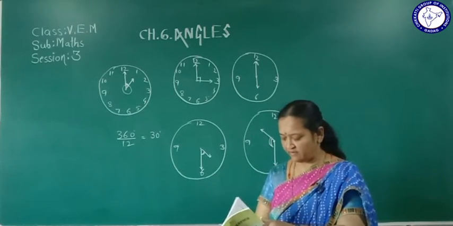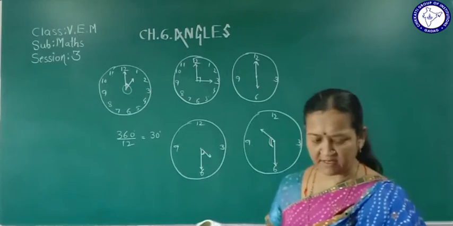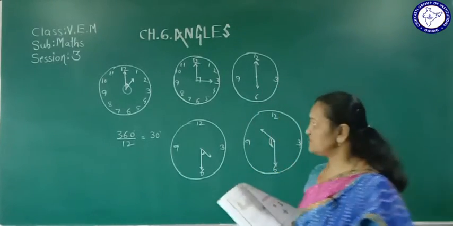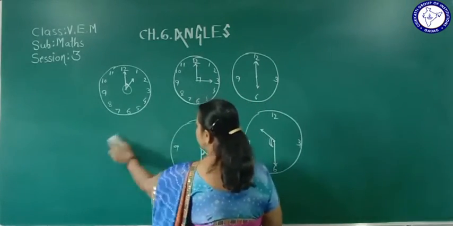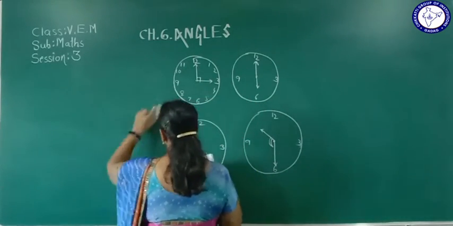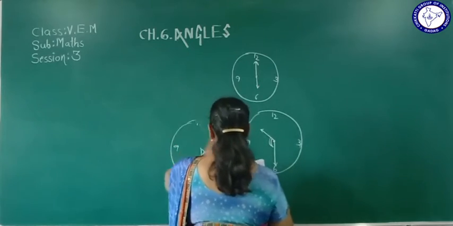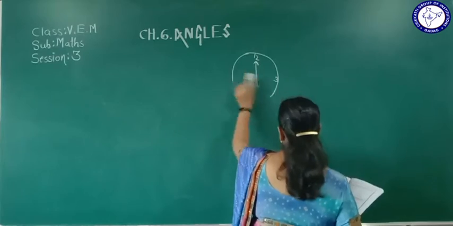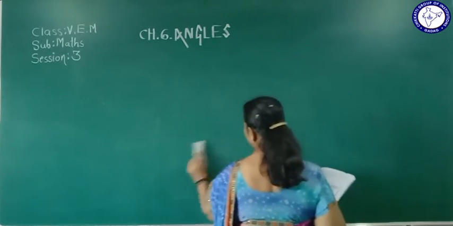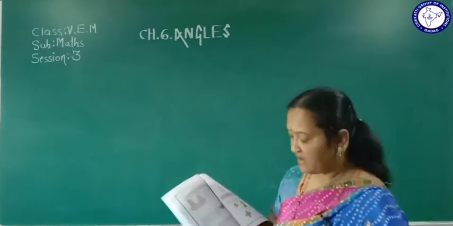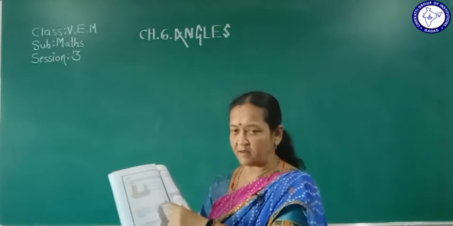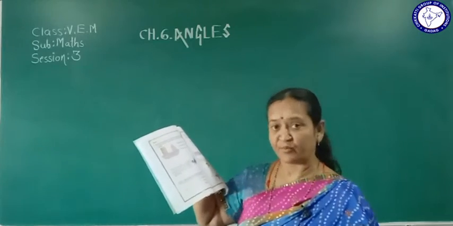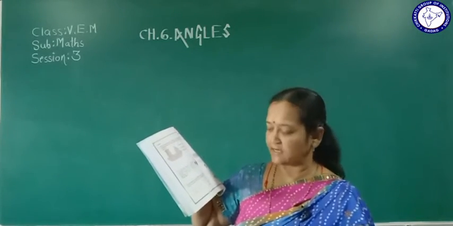Okay, now some activities are given here. Try those activities at home. Some figures are given. In those figures you have to name which are right angles, which are acute angles, which part is showing an obtuse angle, then which part is a straight angle, all of those you have to mark. Okay, now here one bird is given. The angle between the beak of the bird is an obtuse angle, and we have to measure it.